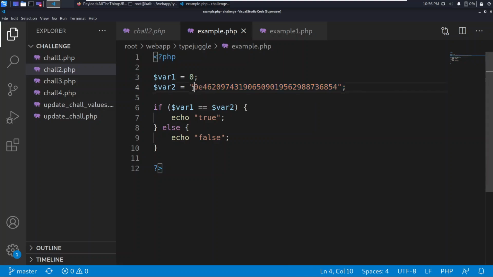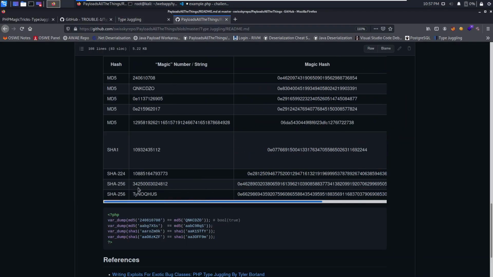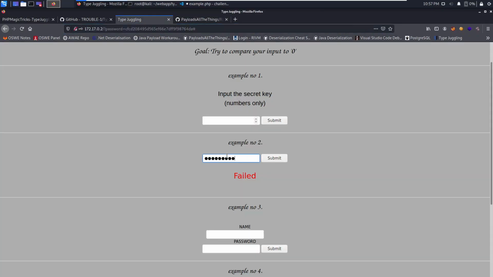And since this will compare it as exponential notation, even if this is not a string, it'll compare this as exponential notation, so 0 to the power of whatever this is, and that will still return us a 0 value. So earlier, when we looked at type juggling, we saw there are already some pre-built ones for us. We just need to take one of these values that when MD5 hashed will return a 0e value. So if I take the first one and put it in and hit submit,